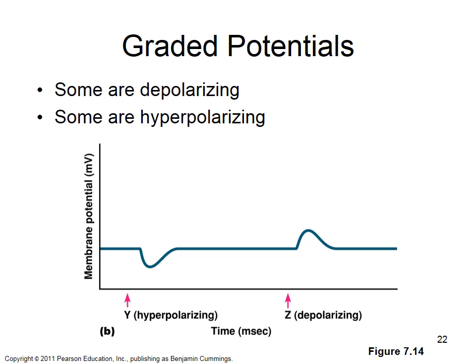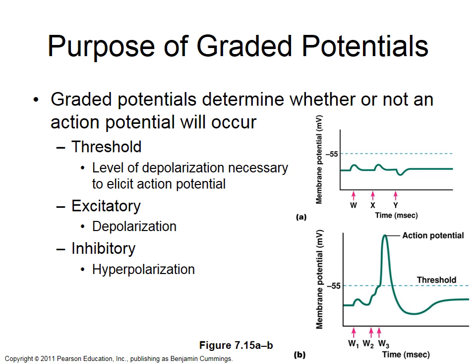Okay, so inhibitory information is very important. Graded potentials are what determine whether or not that neuron is going to fire an action potential. Graded potentials occur on dendrites and the cell body, and then they have to sum up at the axon hillock and either bring it to threshold or not. Here we have minus 55, which again is that threshold potential for voltage-gated sodium channels. If you don't bring the axon hillock to threshold, no action potential gets fired.